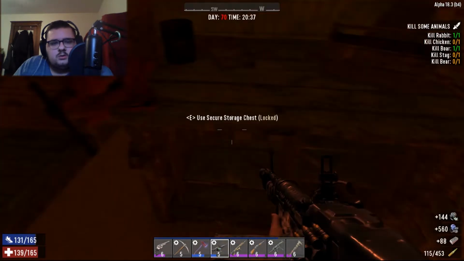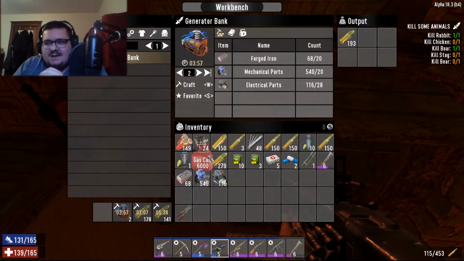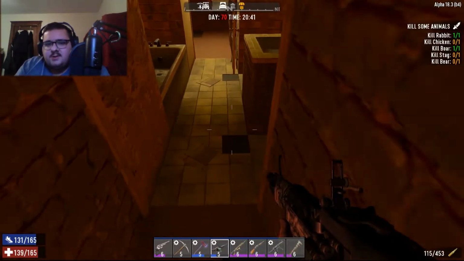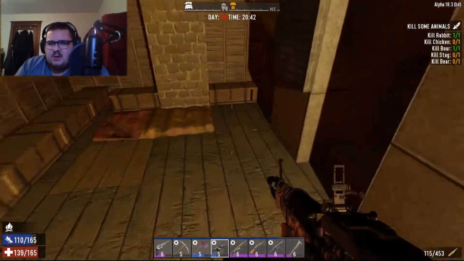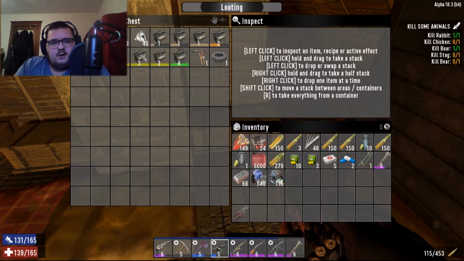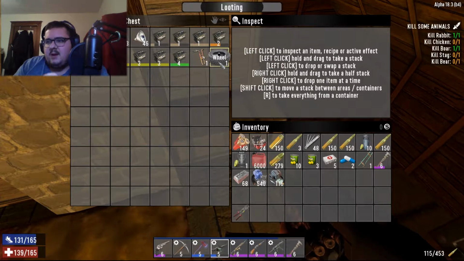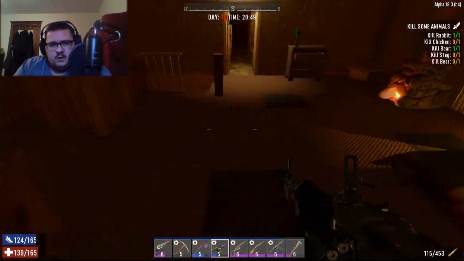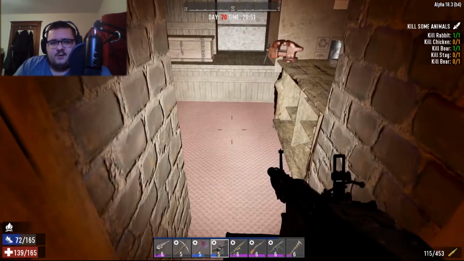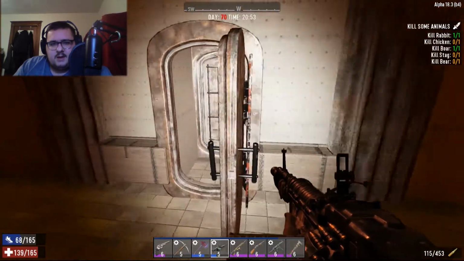Forged iron. The sucky thing is I cannot make the engines. I think you used to be able to make engines in this game because you could have different leveled engines. These are shotgun turrets, so I wasn't going to use the shotgun turrets. But yeah, you used to have that, and you used to have different leveled wheels and stuff like that. At least when I first started playing the game, you used to just have the ability to make the Minibike,